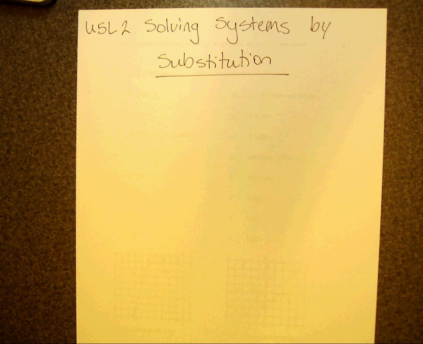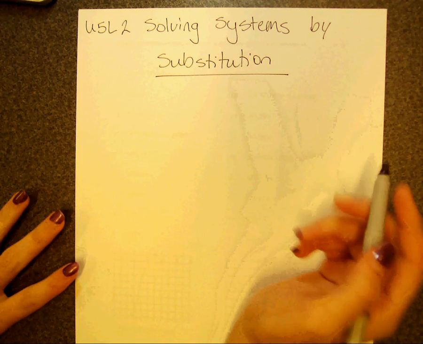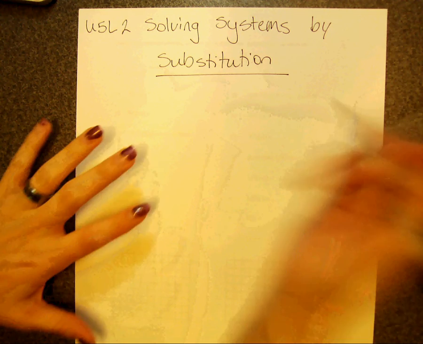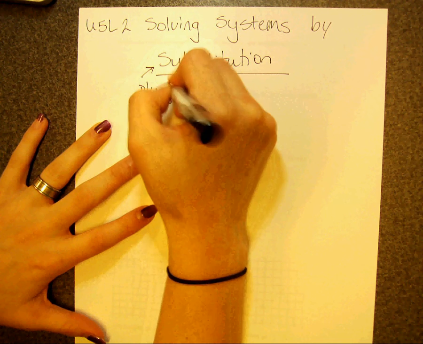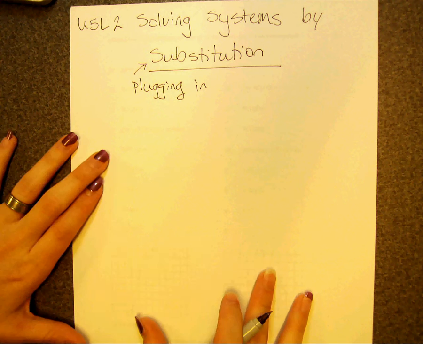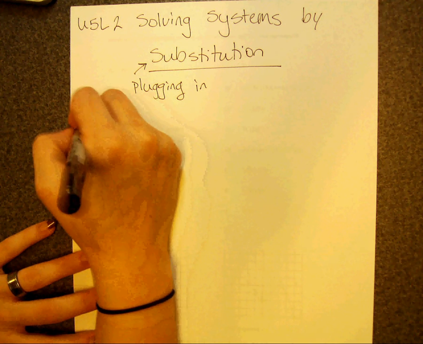Right. So Unit 5, Lesson 2, we're still solving systems, but this time we want to do it by substitution. Remember that substitution, when I'm substituting something in, just means I'm plugging stuff in. So let's go ahead. We already know what a system is and what a system looks like, so let's look at